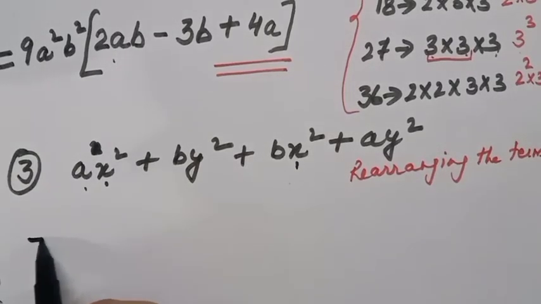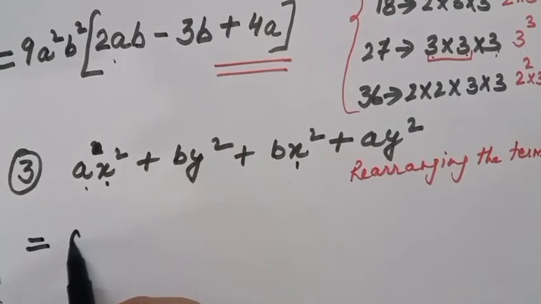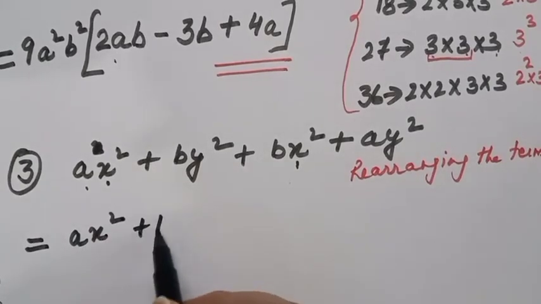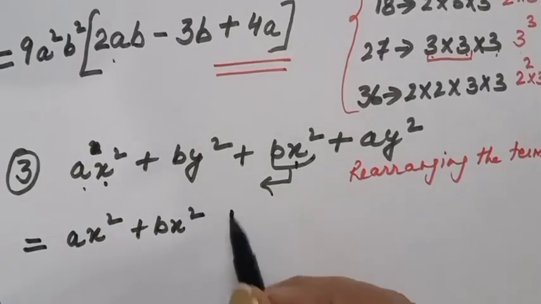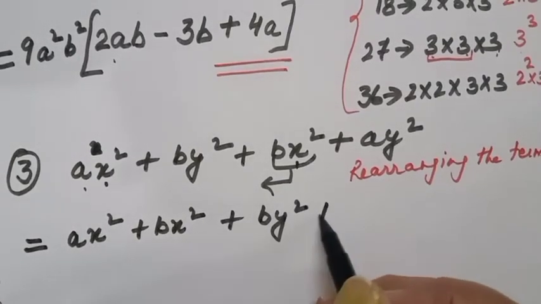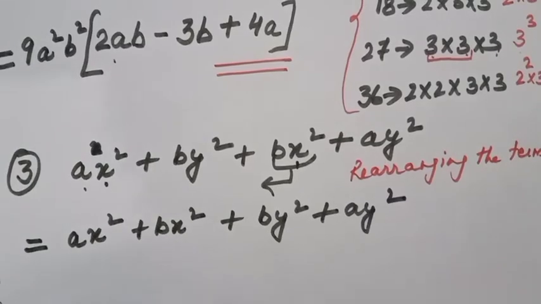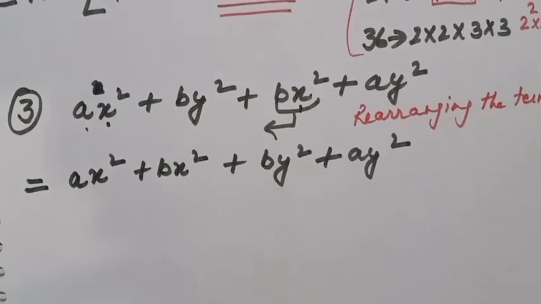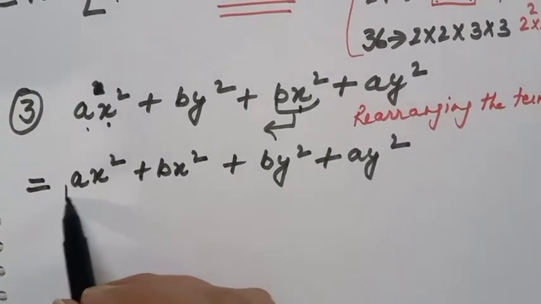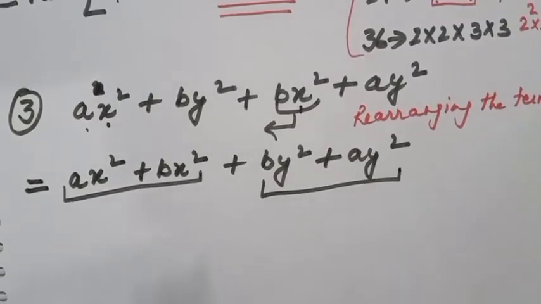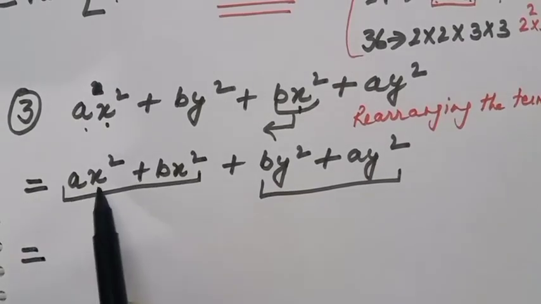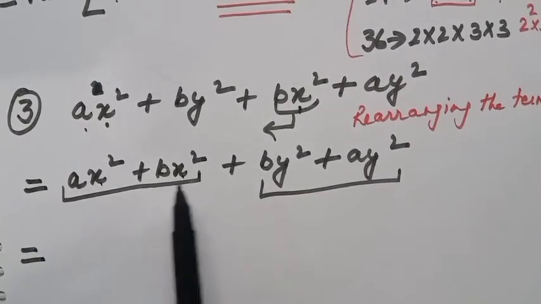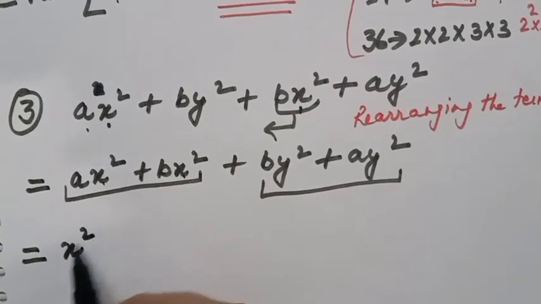So accordingly, this is all our observation. So we are writing ax square plus bx square. This we have already taken. Now what is left with us is by square and ay square. Okay. Now we will make the groups. We will underline it to visualize it clearly in 2 different groups. So now it is easy for us. Now we can easily see that x square is in both the terms, so we'll take x square as a common factor.